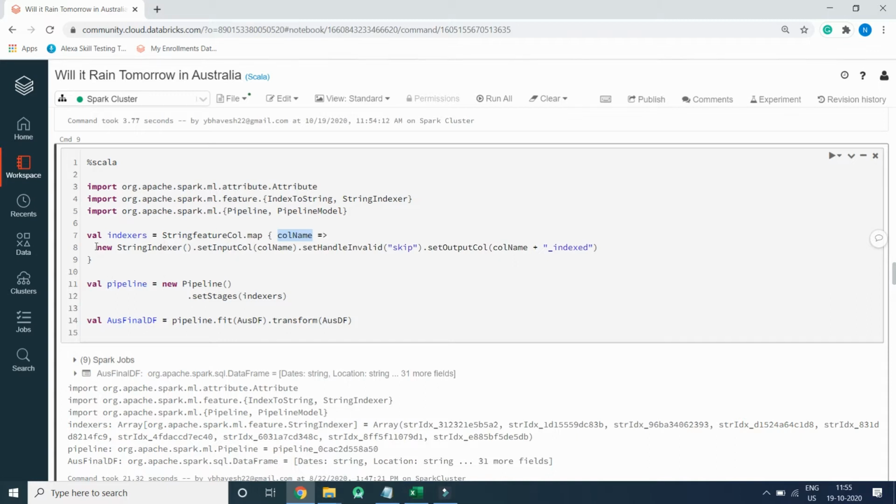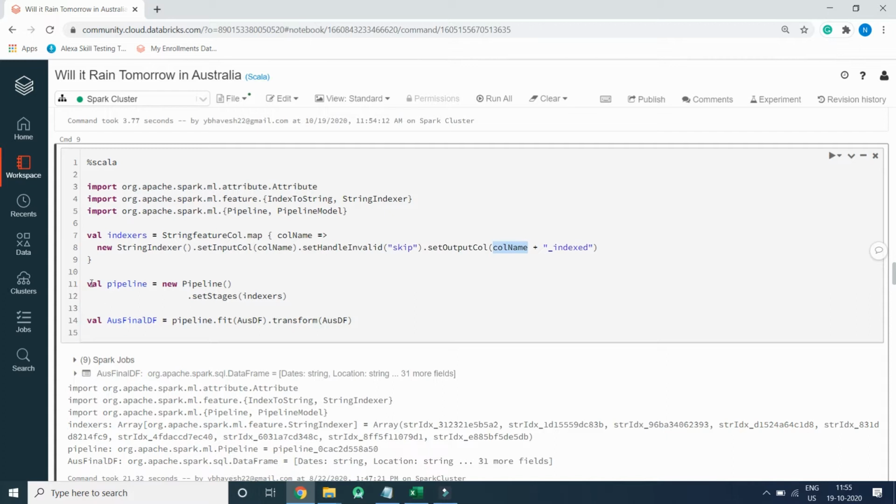This is an anonymous Scala function where we pass new string indexer dot set input column name, set handle invalid. So if any invalid data occurs, we can skip that record, and set output column to column plus index.